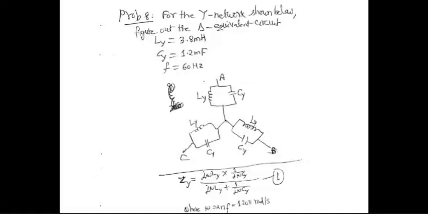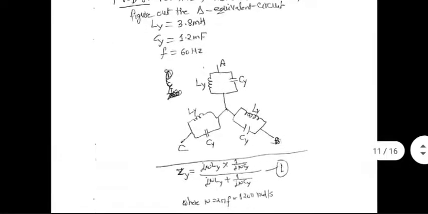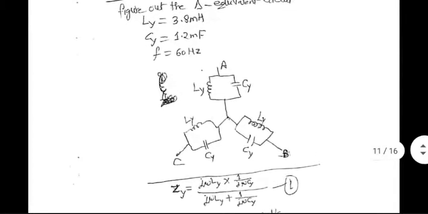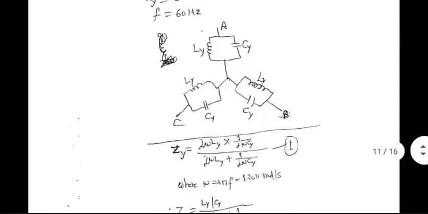Do we need frequency? I've given you the value anyway. So what you do is you calculate the impedance of each of the branches in the star load. Of course, they are all equal anyway. j omega Ly multiplied by 1 upon j omega Cy, divided by j omega Ly plus 1 upon j omega Cy. Do that calculation. Omega actually does not cancel out, interestingly. That's why I think I gave you frequency. In this case, frequency info is necessary.